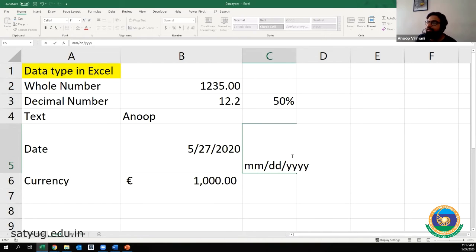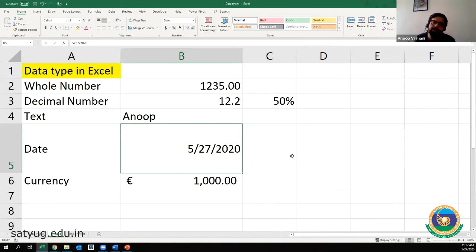So why I'm writing these two times, two times, and then four times, because months will work for two, because after 9 it will be 10, 11, and 12, right? For dates, yes, we have it till 31, so again twice. And for year, we are writing 4 digits like 2020. So this is how the date format is defined in here. There is a tremendous amount of detail that you can work in a date format in Excel.